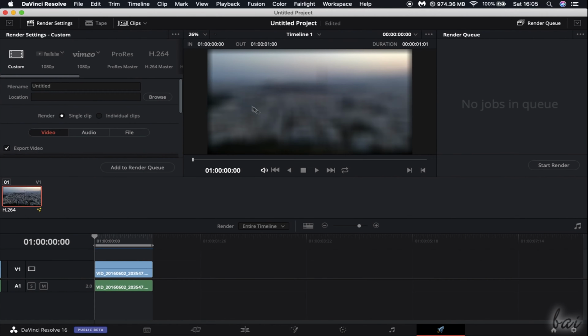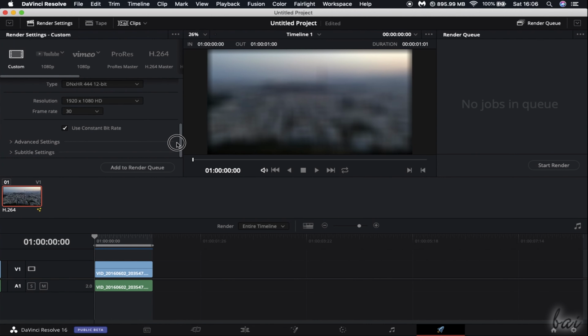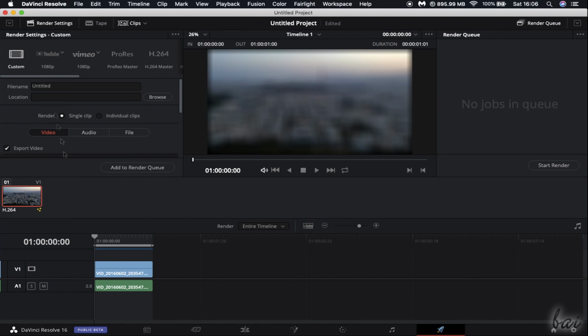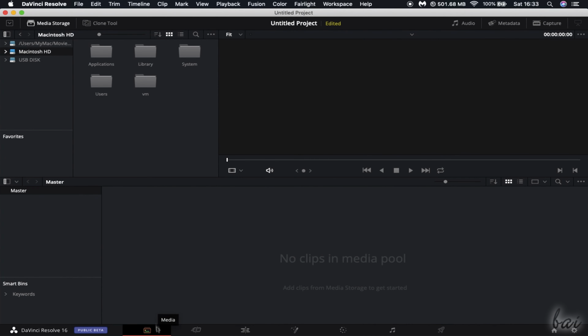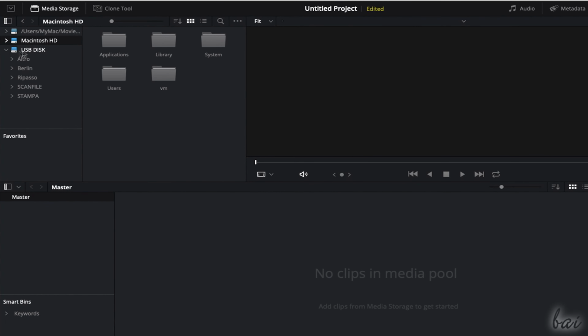Delivery is the final workspace where you set and render your project into your final video. In this beginner tutorial, we will see the basic media, edit and deliver workspaces. First thing to do on a new project is to import all your source files, such as videos, pictures, and